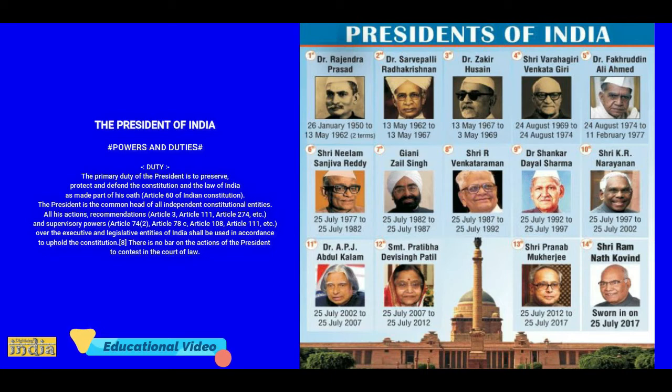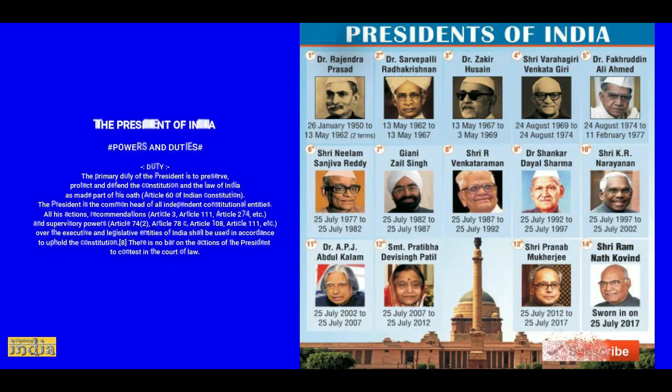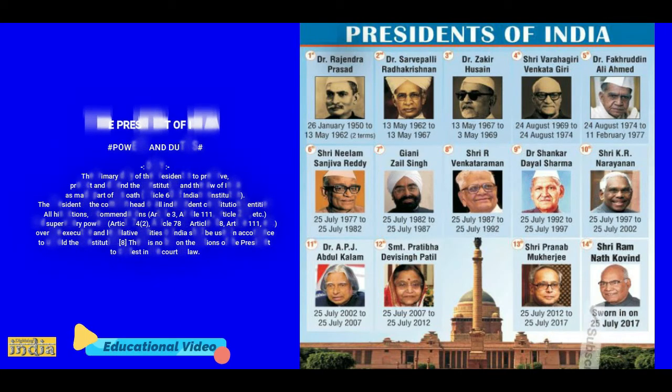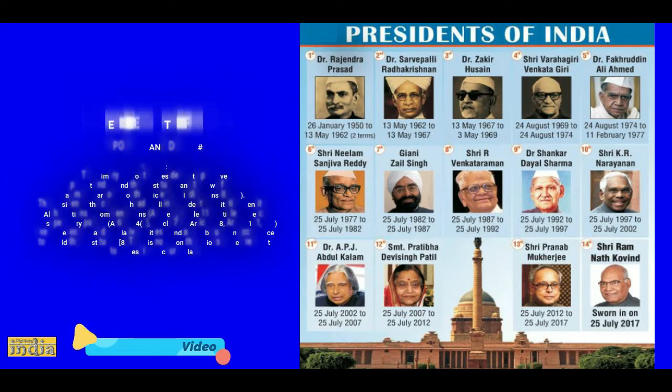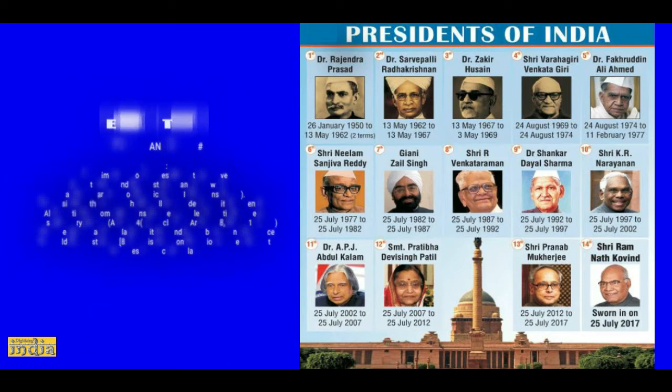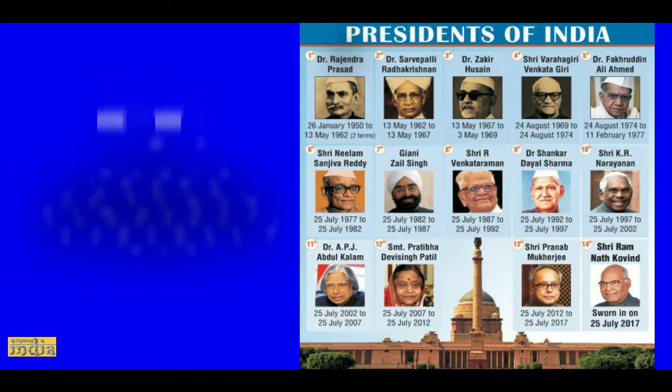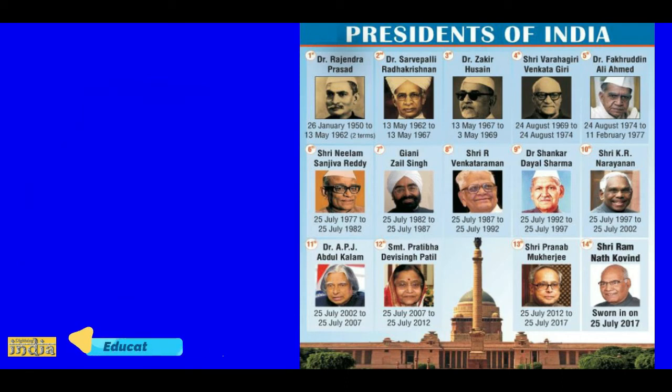The offices of monarch and governor-general were replaced by the new office of President of India, with Rajendra Prasad as the first incumbent. The Constitution of the Republic of India, Articles 53, 74, 79 and 111, gave the President the responsibility and authority to defend and protect the Constitution of India and its rule of law. Invariably, any action taken by the executive or legislature entities of the Constitution shall become law only after President's assent. The President shall not accept any actions of the executive or legislature which are unconstitutional.